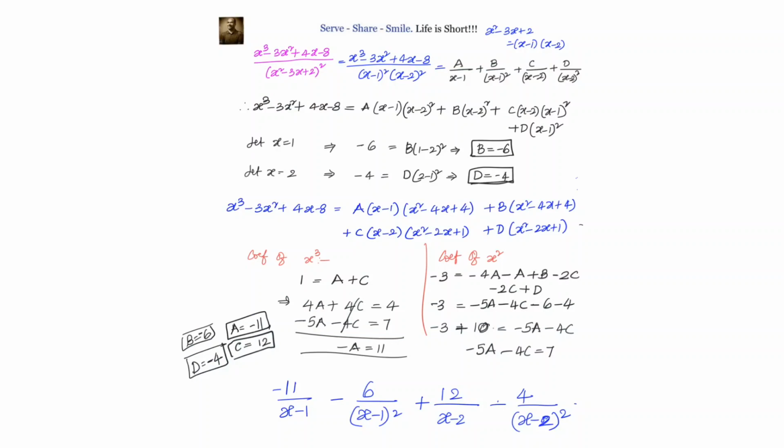Now let's just try to summarize what we have done. We observed that the denominator x square minus 3x plus 2 can be factorized further, and we realized we are going into the type of problem where we have repeated linear factors. So we have written it as a by x minus 1 plus b by (x minus 1) whole square plus c by x minus 2 plus d by (x minus 2) whole square. First we plugged in the values x equals 1 and 2. We are able to get the values of b and d. Then we compare the coefficients of x